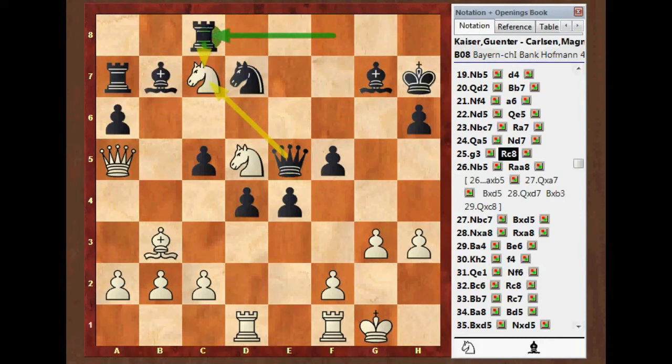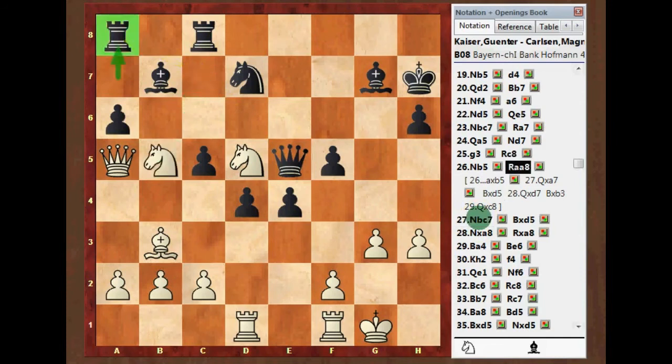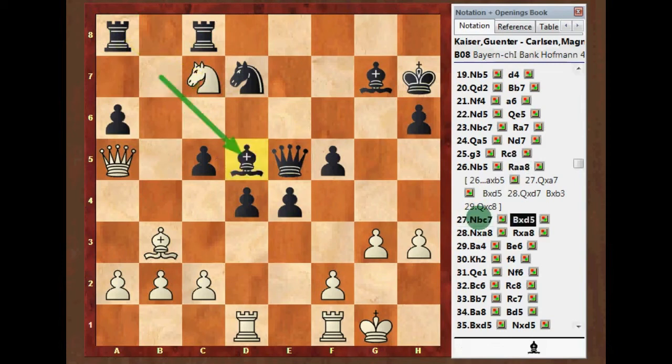So that was not played, and this is what was played. Rook goes into a8 square, and knight comes back into c7 square, attacking the rook again, and this time Carlsen simply captures the knight in d5 square, and